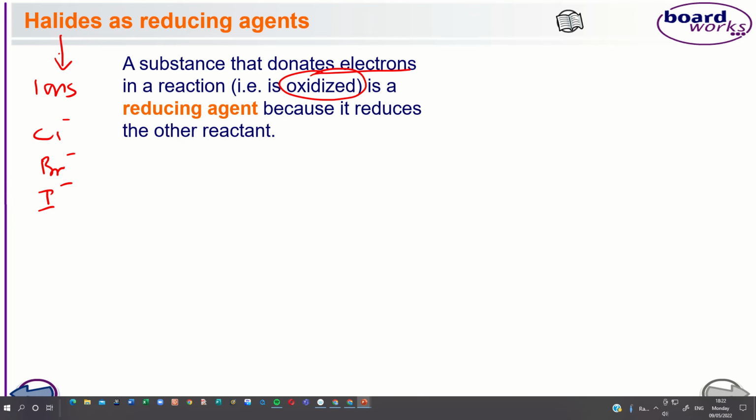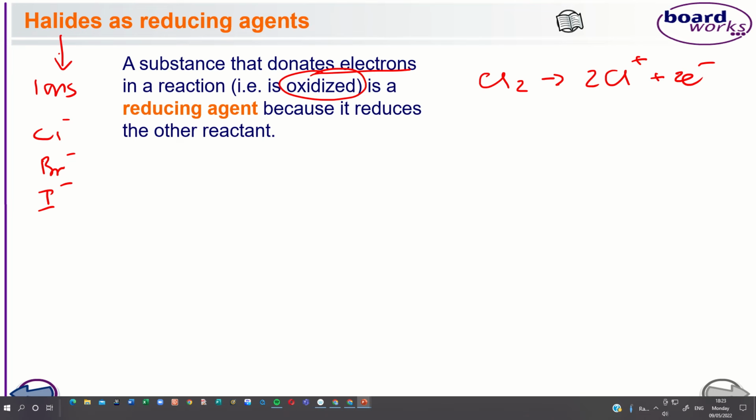And if you think about that, why would that rule out chlorine behaving as a reducing agent? Well, that would have to go to chlorine with a positive charge on it. The amount of energy needed for that, whether it's chlorine or bromine or iodine, doesn't really matter, is just much too vast in order for it to behave as a reducing agent. And you won't see chlorine as a positively charged ion, or bromine, or indeed iodine.